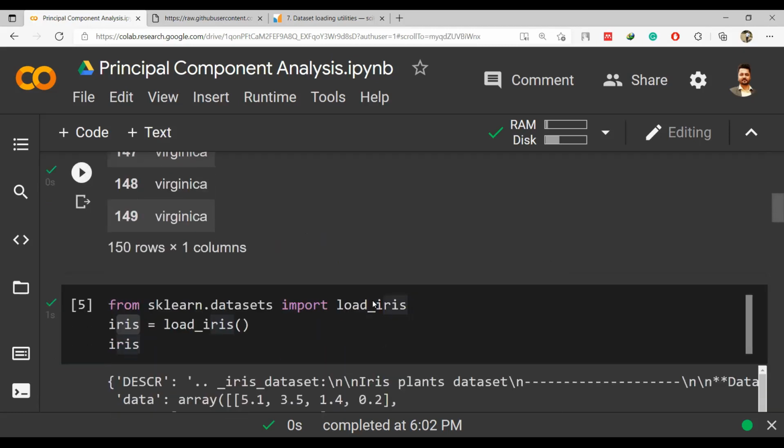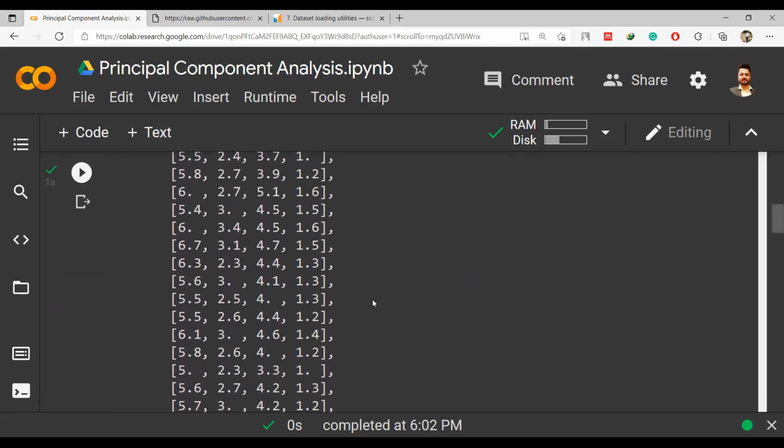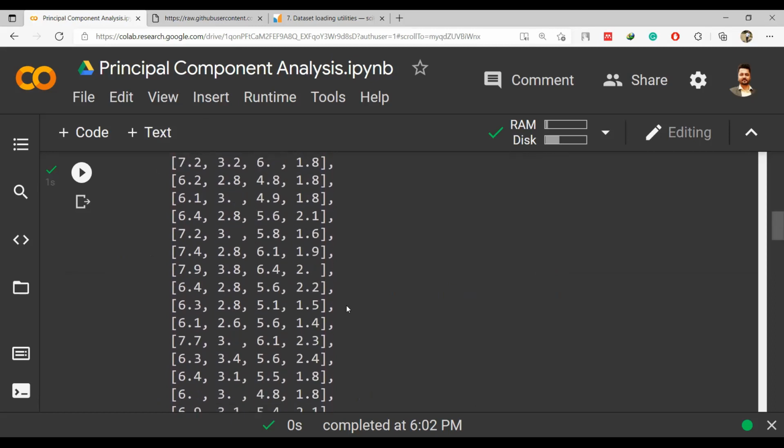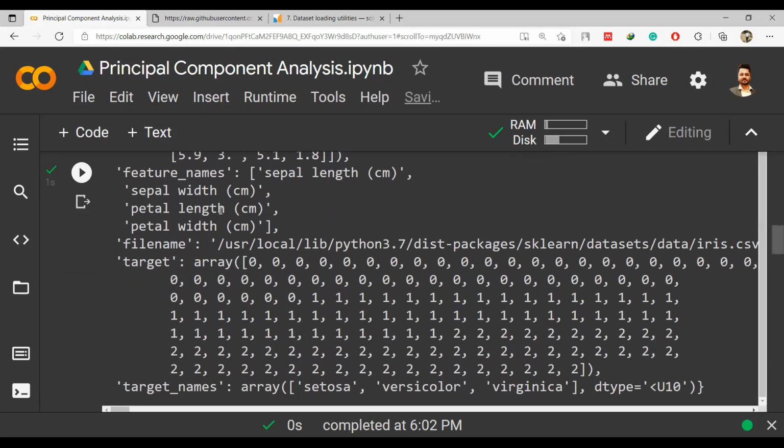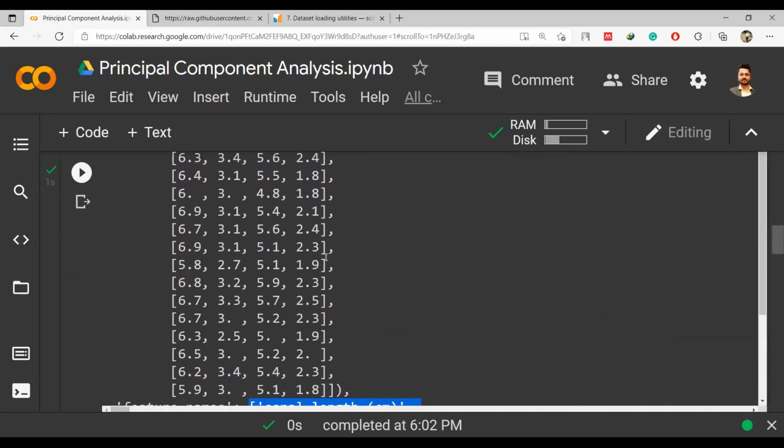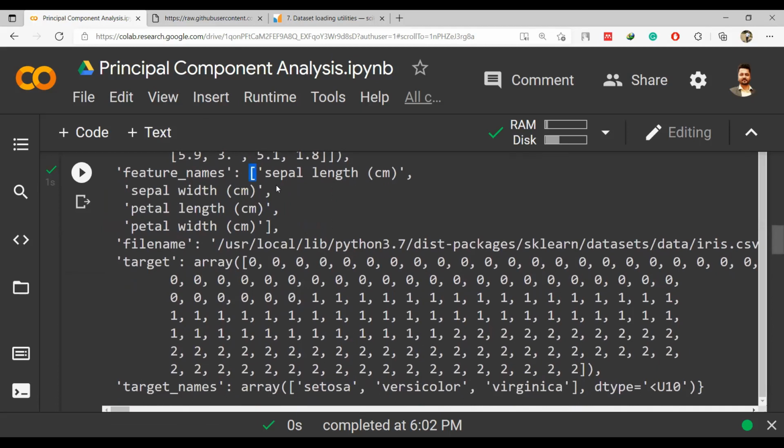And after this, the second component is the feature names. All four feature names are there because there were four values in each row: sepal length, sepal width, petal width. And then the target value is also there.